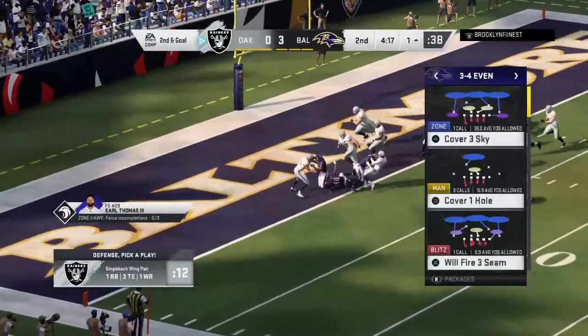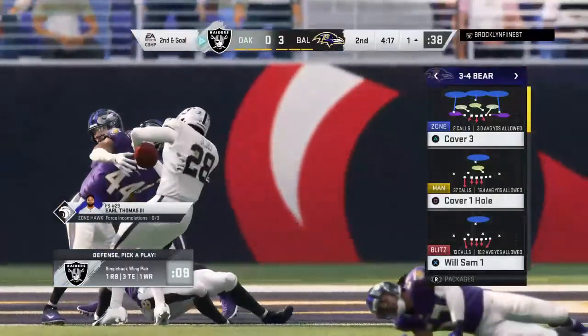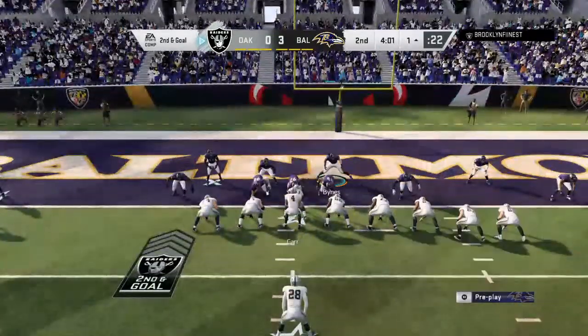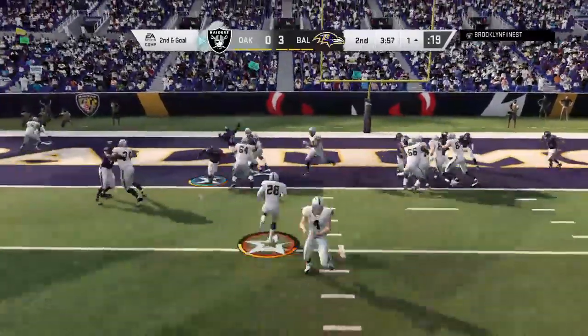Well, it's been the air game that's taken them down on this drive before they finally turned around and handed it off on the last play. And now they're looking for the big boys to get him in the end zone. Couldn't do it there. It'll be interesting to see, the offensive line had to pass block a lot on this drive. Will they be able to revert and fire out and create some...